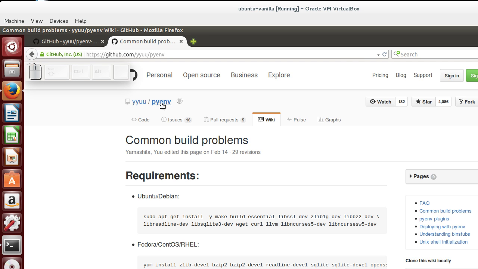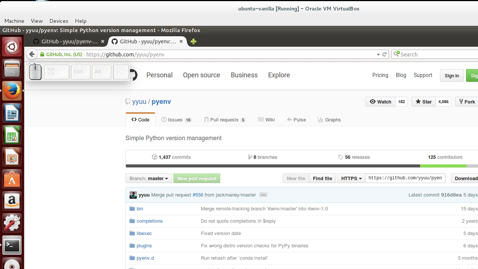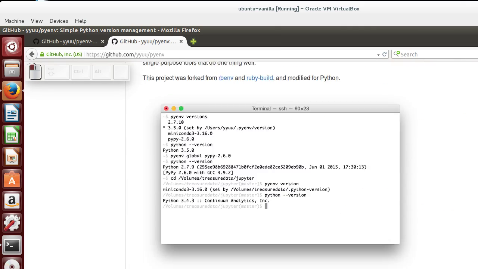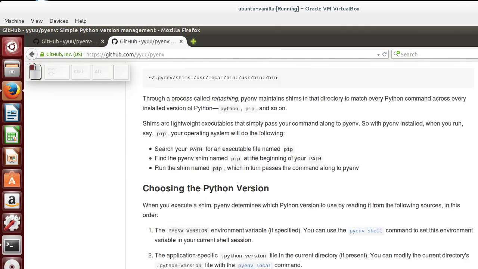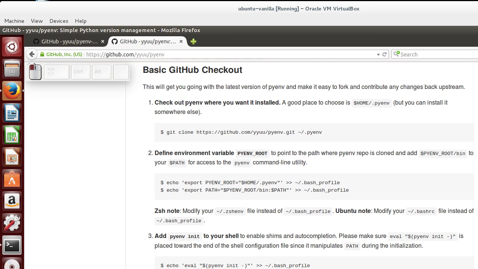Click on pyenv, and down below the files is the README, which contains the installation instructions. There are 3 lines that need to get added to your .bashrc if you're on Ubuntu. .bash_profile is for Mac or BSD, and it has to do with the fact that those produce login shells, and Ubuntu and Debian produce non-login